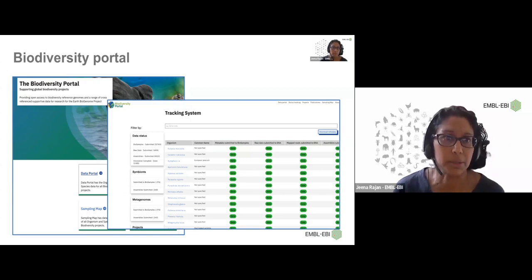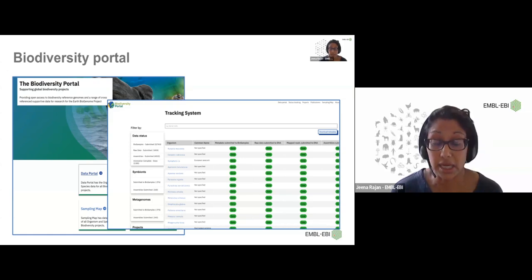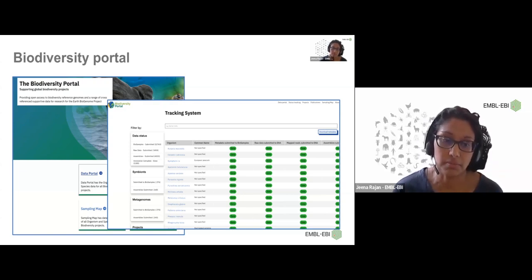I'm also going to talk about the biodiversity portal. So EBI has a biodiversity portal. This covers a number of biodiversity projects, some of them being Darwin Tree of Life, European Reference Genome, and Aquatic Symbiosis Project. So again, these use samples for their tracking system. This tracking system is public. For some projects, they create this